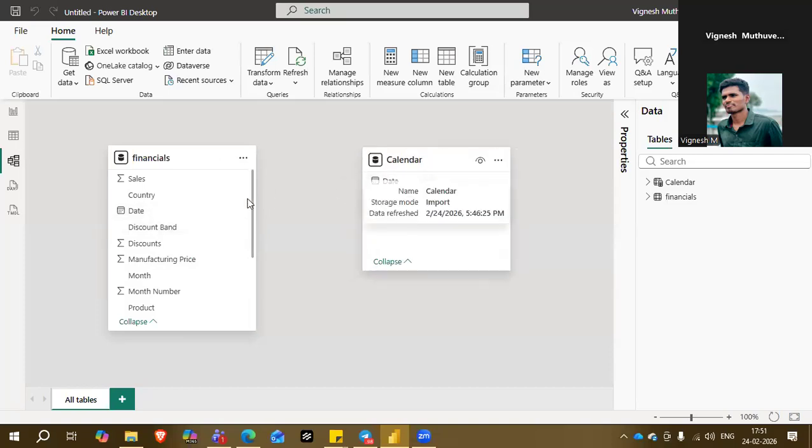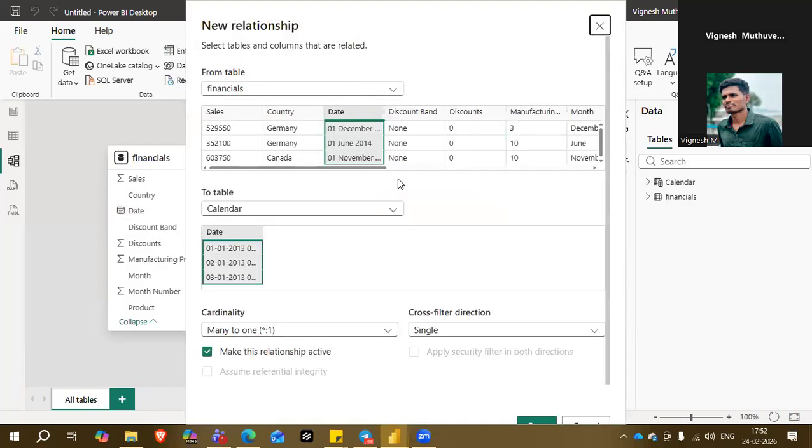So how to connect it? Just drag the date column. Okay, different ways are there. You can simply drag the date column from one table and place it on the other table. If you do that, it will automatically detect which two columns you are trying to connect. So the date column from the financials table to the calendar date,